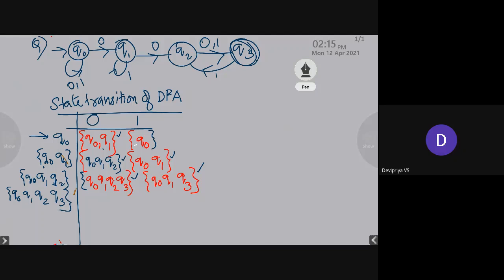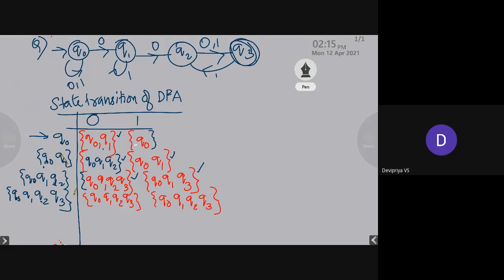If I take the transition from this state on receiving the input symbol 0, it will move to the state Q0, Q1, Q2, Q3. Okay, and similarly from the state Q0, Q1, Q2, Q3, on receiving the input symbol 1, it moves to the state Q0, Q1, Q2, and Q3.